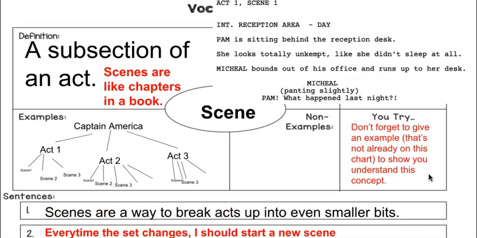Okay, so scenes are a way of taking an act and breaking them down even farther. I like comparing scenes to a chapter in a book. That's obviously a lot more common. When you're writing a book, which will be one of our big projects, there's kind of not a right or wrong formula for when to start a new chapter. Some authors will make their chapter purposely be kind of a cliffhanger so that you want to keep reading to the next chapter. For scenes, though, it's very, very specific in a script.